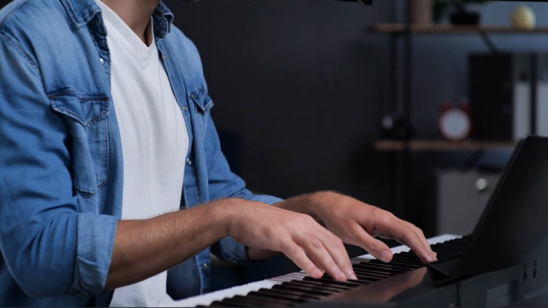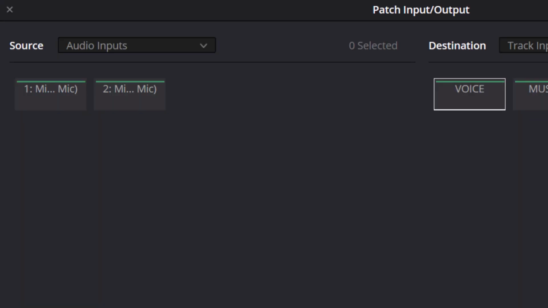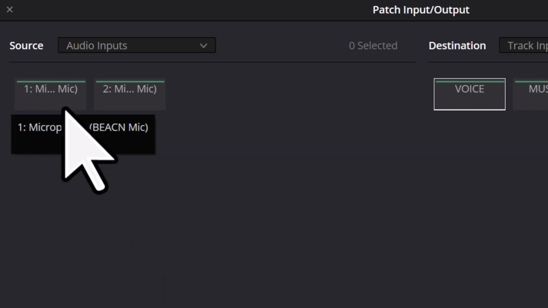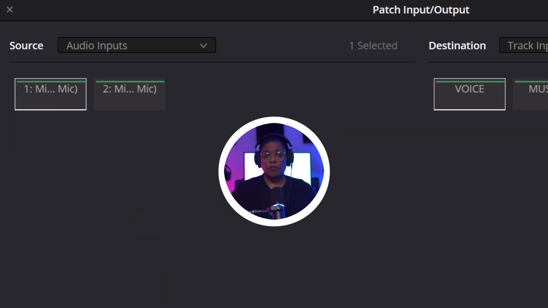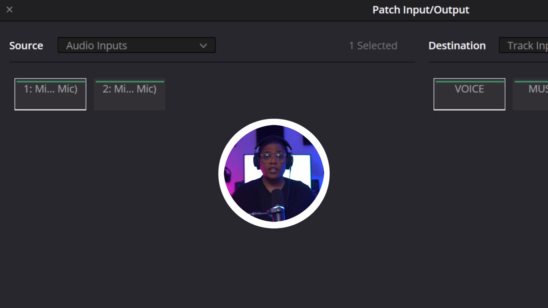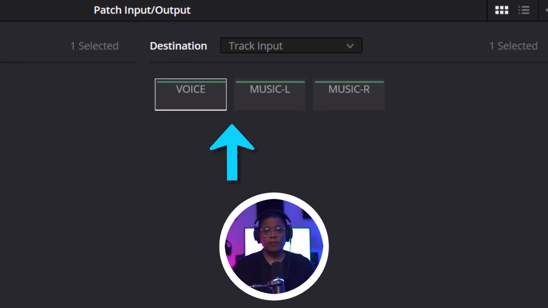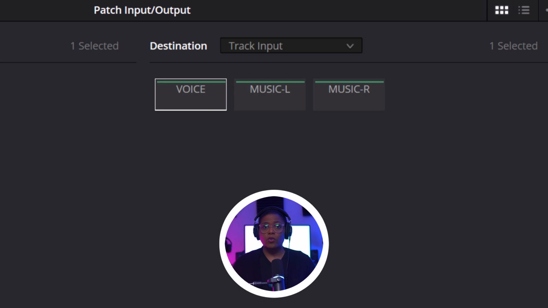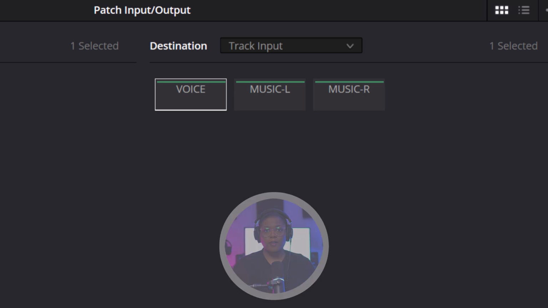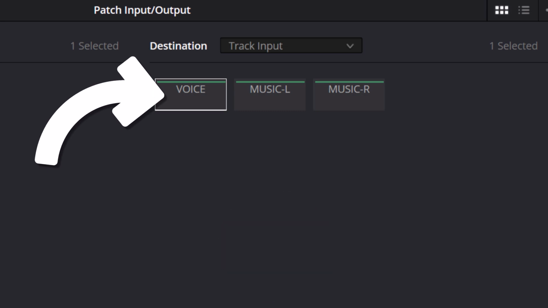However, if you have both an instrument and a mic plugged into your microphone interface, you may have to experiment to figure out which option is actually the microphone. In my case, I want to record with my Beacon mic, so I'll click the first option. Now that we've selected a microphone, we can choose a track to send the sound to. To the right, below Destination, you'll see a list of tracks. In this example, we'll send the sound from the mic to the voice track. So, select the track that says Voice,